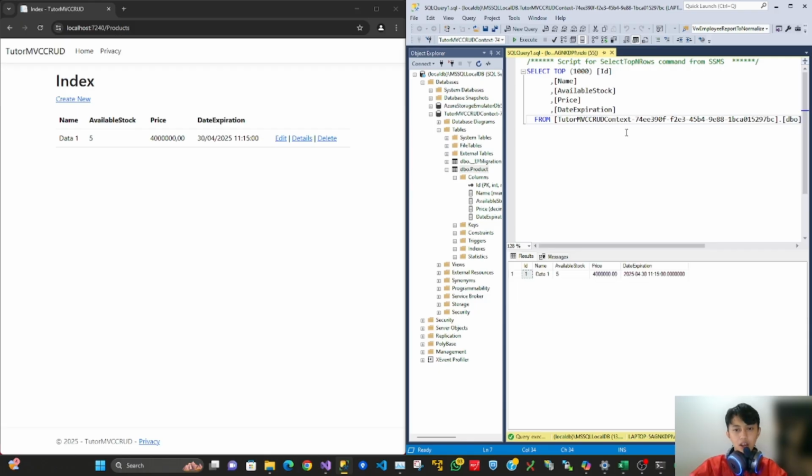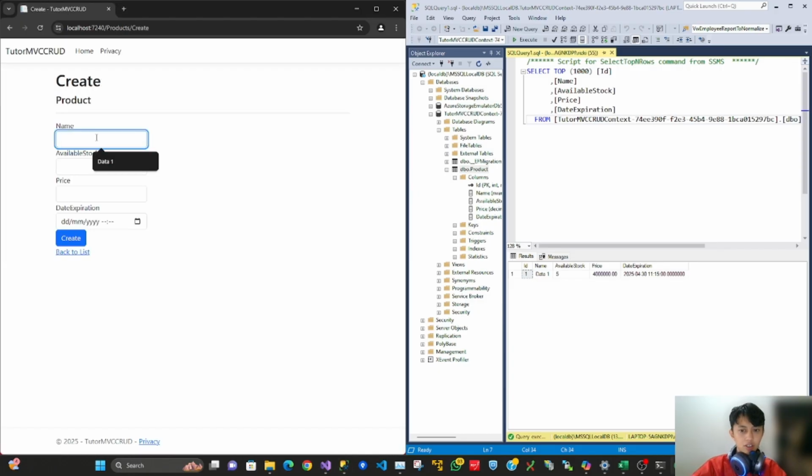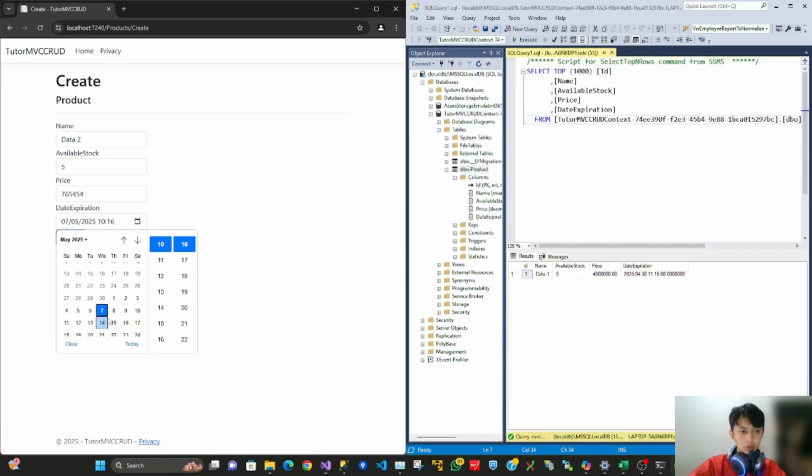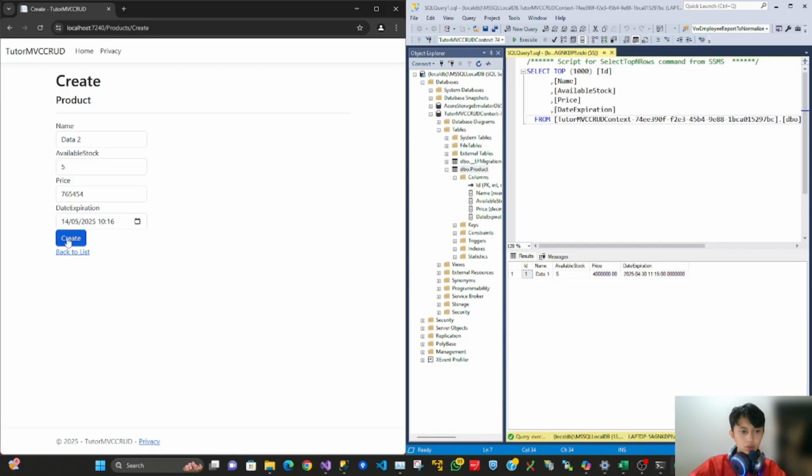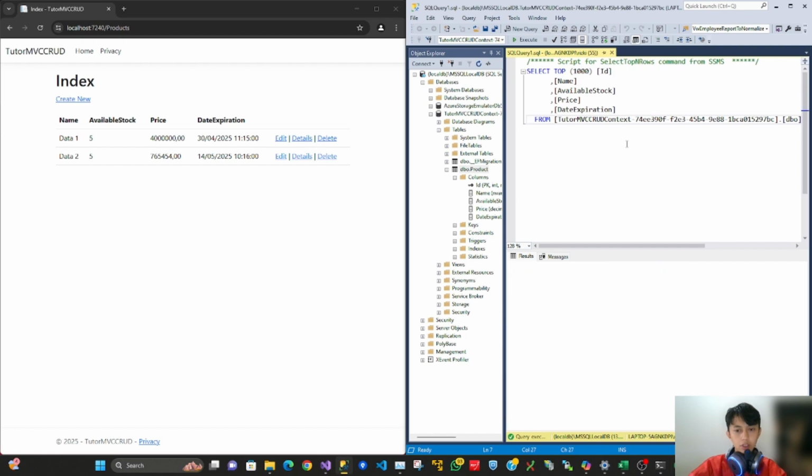The database has the data as well. If I create another data, let's see the data in the database. The database has two records.